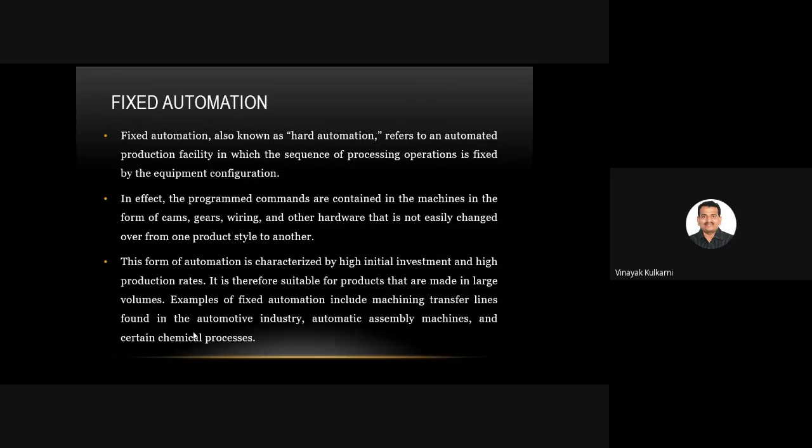You have seen the Bisleri bottles. There are a lot of Bisleri bottles. So the processing operation is fixed and a large number of Bisleri bottles are made. So there is no change. The equipment configuration also will remain the same throughout. No matter whatsoever, the product variety will never change. The Bisleri bottle is 1 liter means I'm going to produce only 1 liter water bottle. If I have to produce half a liter, then I will have separate machinery for that, because all the dies and other things will not fit the same as that of the 1 liter water bottle.